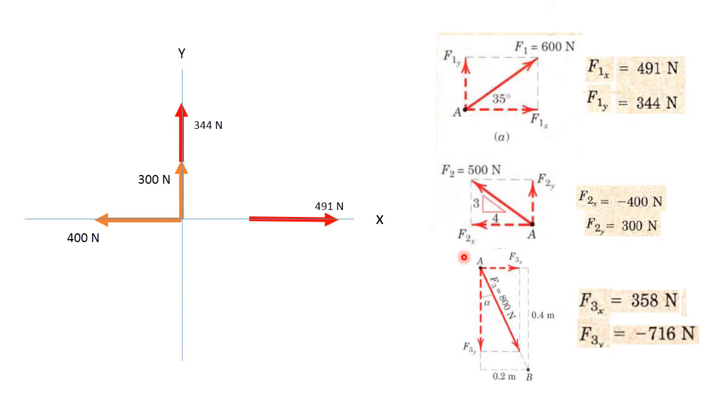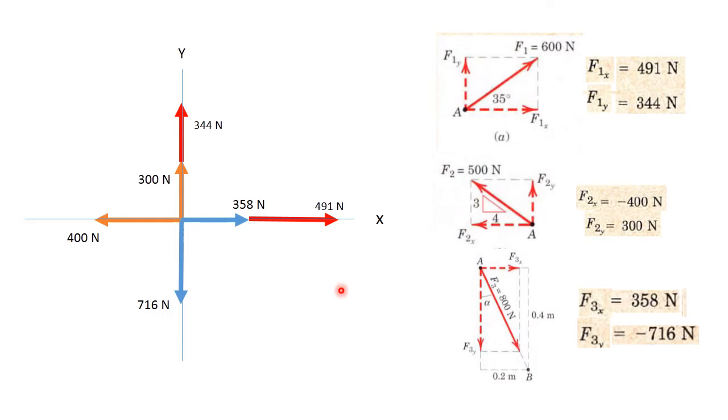So if you put it, I will get this one. This is the two components of this 800 Newton. Okay, so in this manner we have resolved all the forces into different components. So here we are doing resolution of forces. First we are splitting the given force into a number of component forces.